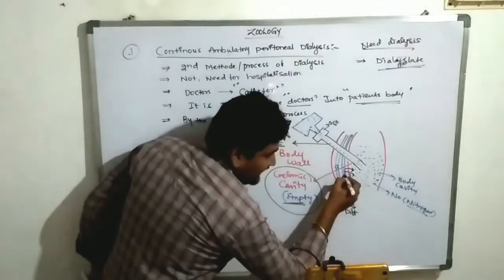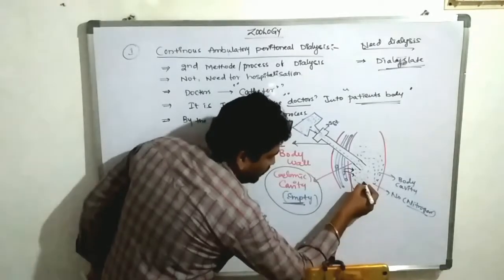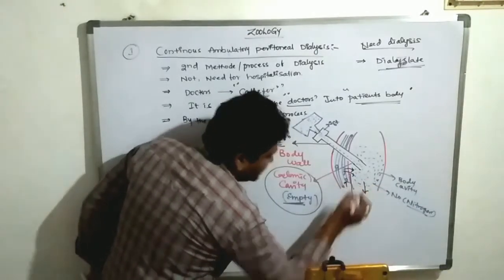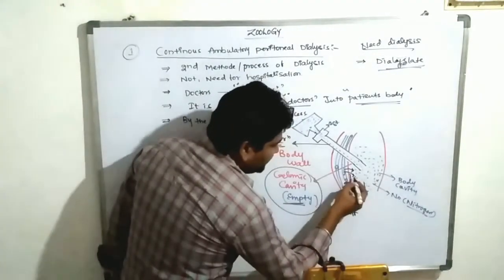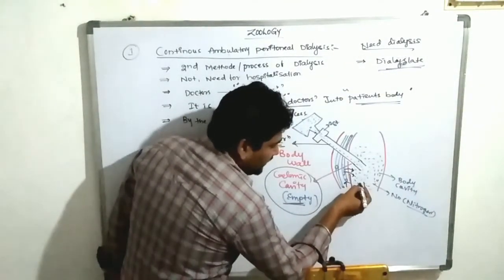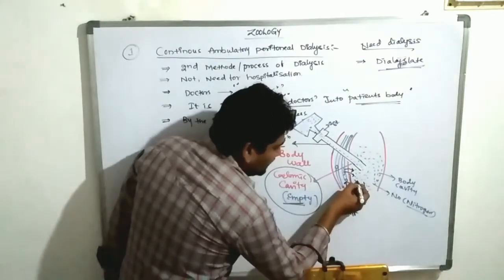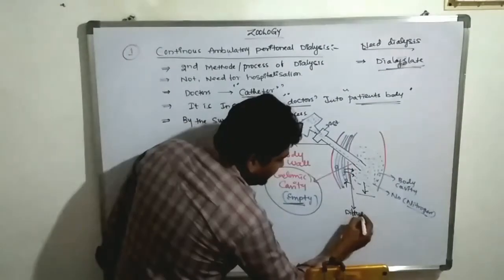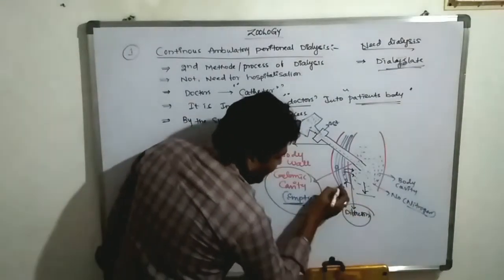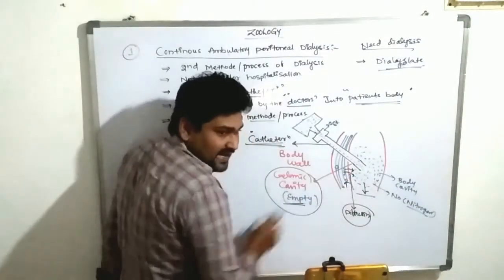High concentration to low concentration. Urea is at high concentration in the blood, and there is no urea in the dialysate, so it is low concentration. So the uric acid and nitrogenous vestiges dissolve directly into the dialysate, which then contains more urea through diffusion. These are transferred from the blood vessel to the dialysate region.